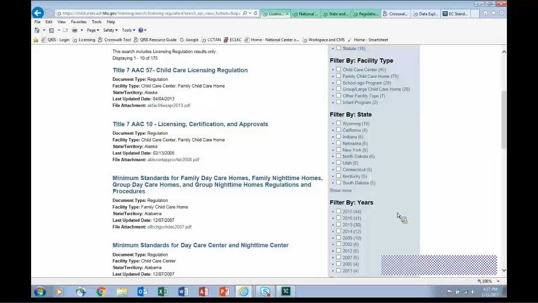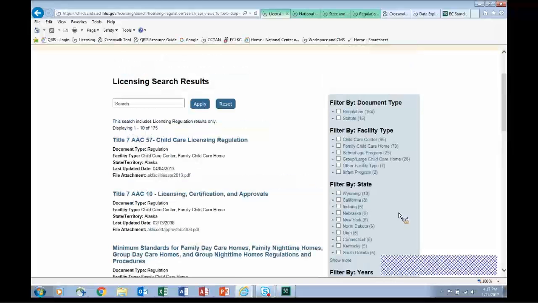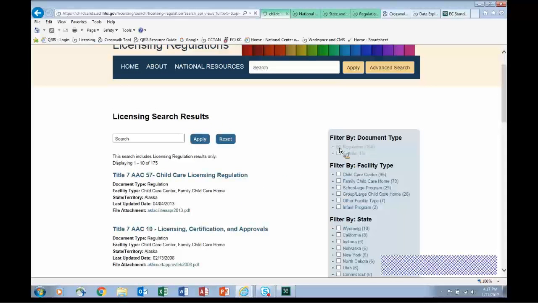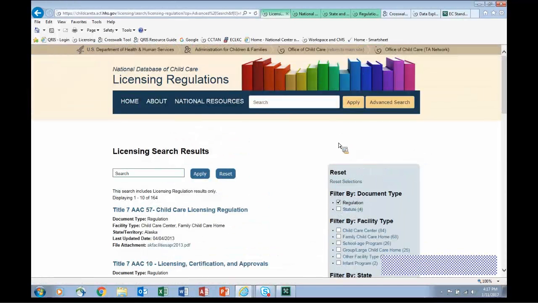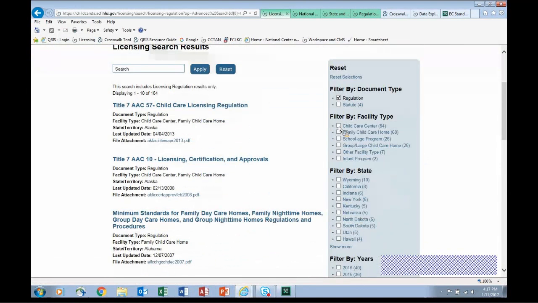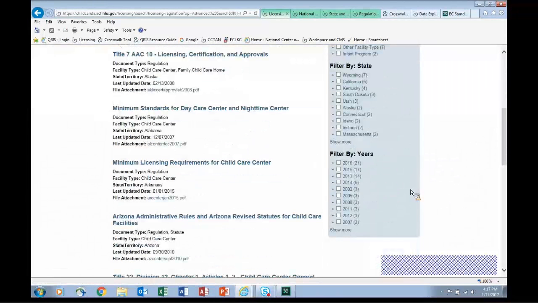So I'm going to look at regulations, and I think I'll look at child care center regulations. And we want to know which states have regulations from 2016, and there are 21.